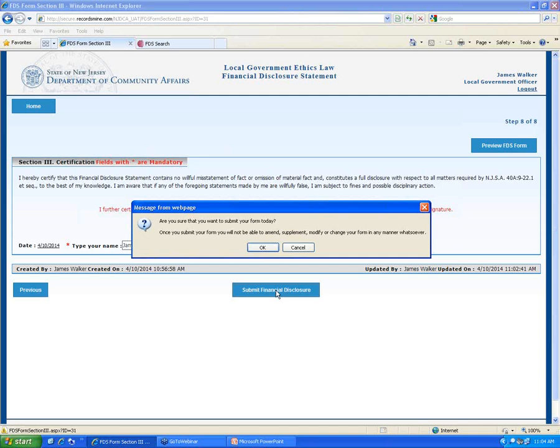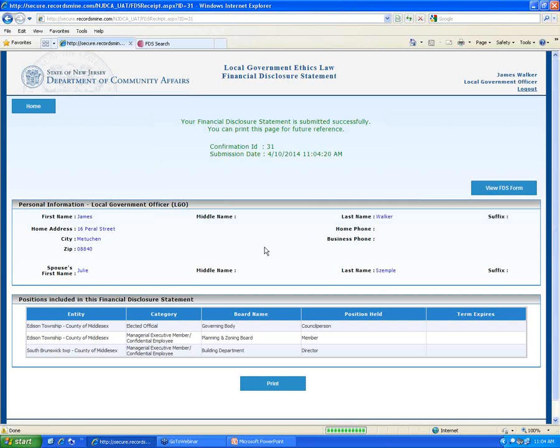I'm fine with the form. I double-checked it, triple-checked it, did all my checks on it. I'm good with it. I'm going to click on OK. And then what's going to happen is they're going to get a message up top in green. It's going to give them a confirmation ID. It's going to tell them the date and time that they submitted it. And at this point, they can actually print the screen out, so they have a confirmation.